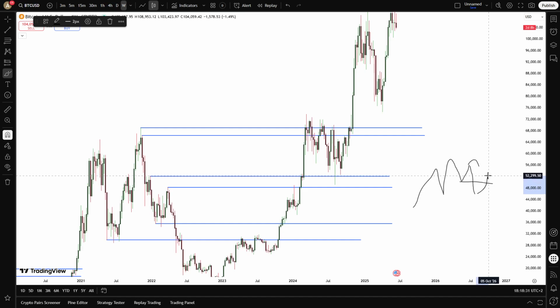Now we expect it to retrace either back into this low and dump further down, or we go into that recently lower high, and then we reverse. This is the most simple way of analyzing markets, and it's just the staircase logic. And how can we apply the staircase and confirm it